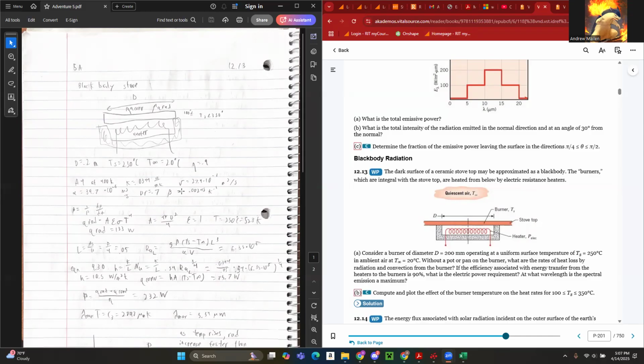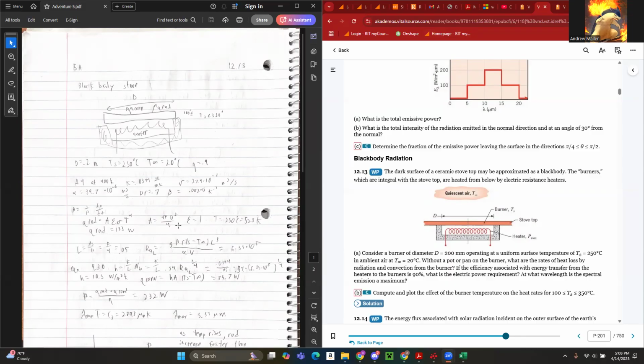So now in order to find heat loss due to convection, we need to find the convection coefficient. So we're going to have to go through a bunch of that stuff. First things first, we need the characteristic length, which is the surface area over the perimeter, which in this instance is just going to be D over 4 since it's a short cylinder, which is equal to 0.05. Then we want to find the Rayleigh number, which is equal to g times the thermal